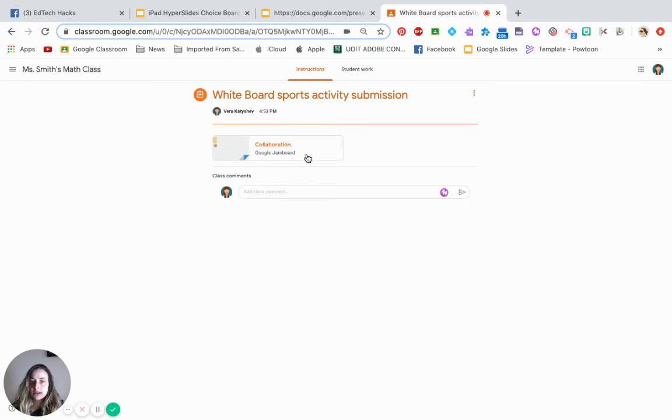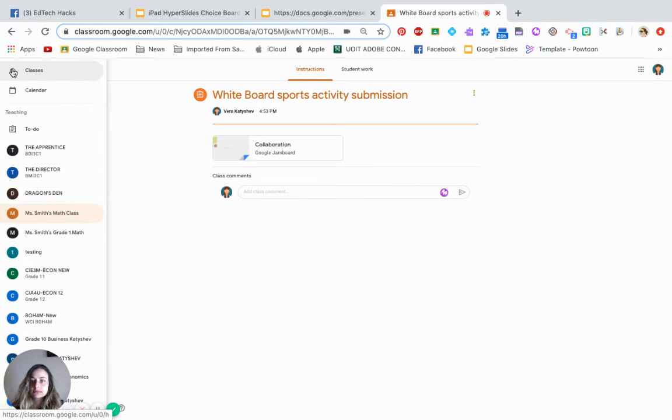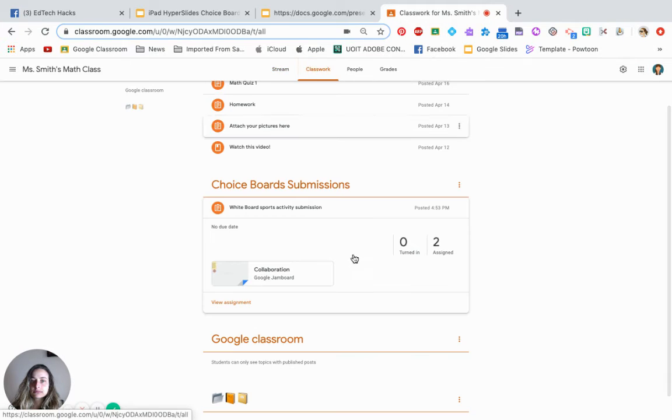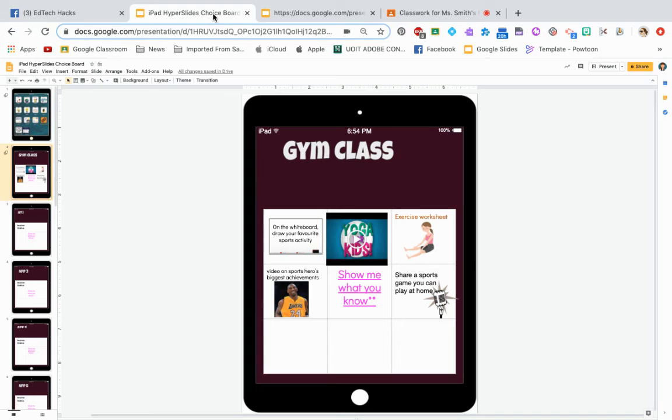Once you see the proper assignment, click on the three dots of the actual assignment, click copy link, go into your presentation,